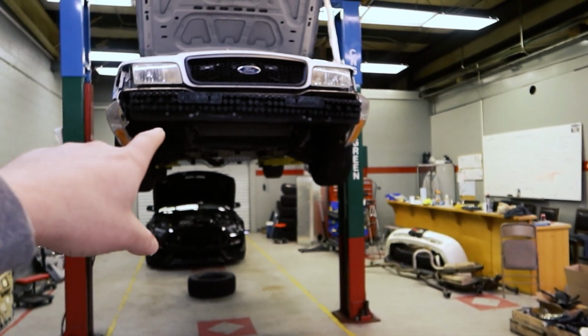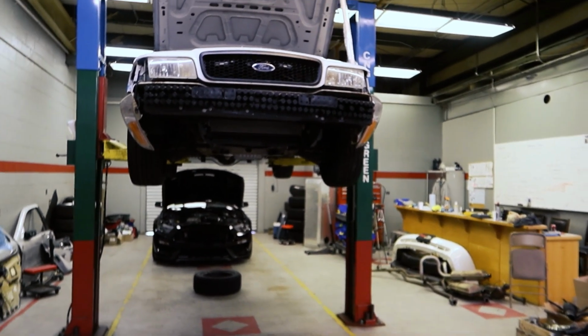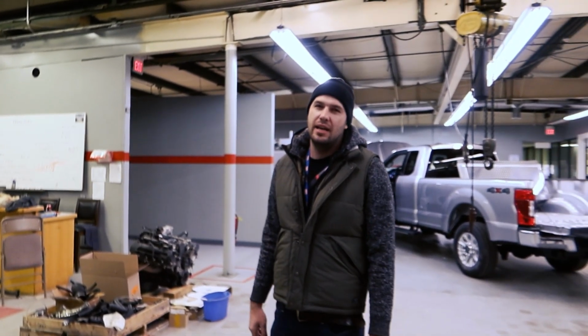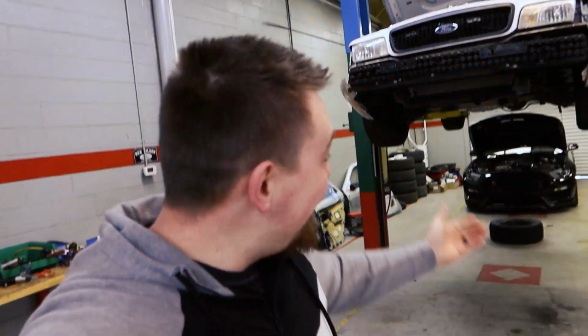So it fits? How is that going to drive? It fits. It's not running as of right now, but I'm trying to get it running on the stock PCM, and if I can't do that, then I'm going to get some kind of control module for it. So there you have it, guys. If you want to see a 7.3 motor in the Crown Victoria tearing up the streets,